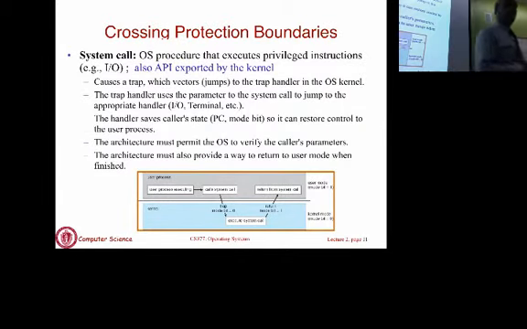So that's the first concept for protection. Now you can ask the question, if an application wants to do something privileged, but it does not have direct access to those instructions, how might it actually go about executing those instructions? Let me give an example. I said I/O is a privileged operation. Applications are not allowed to do I/O directly. But as you can imagine, many applications actually do I/O. You've written programs that read or write files. Those are I/O instructions.